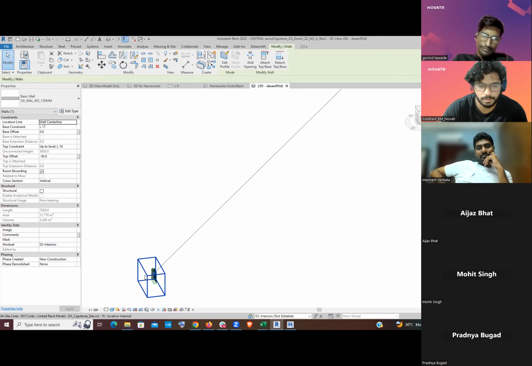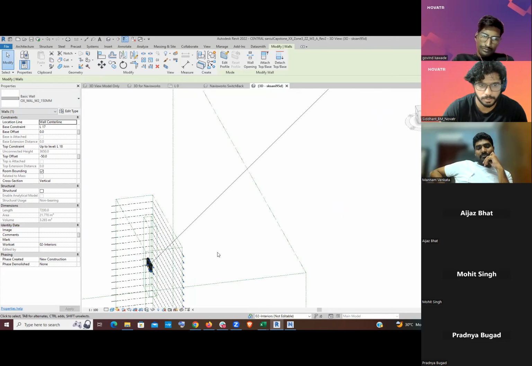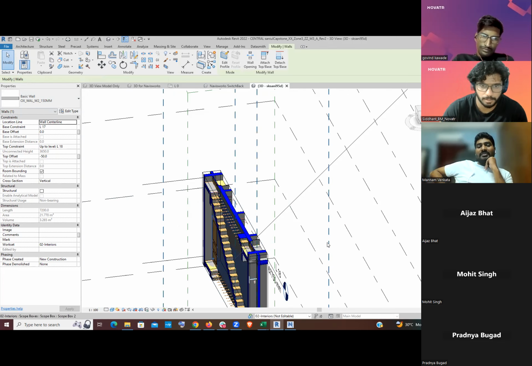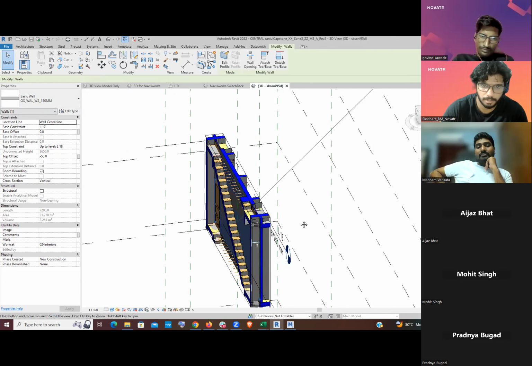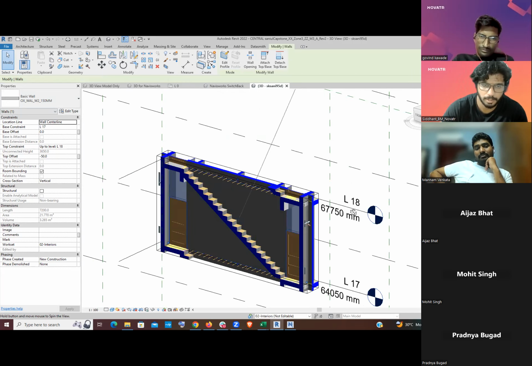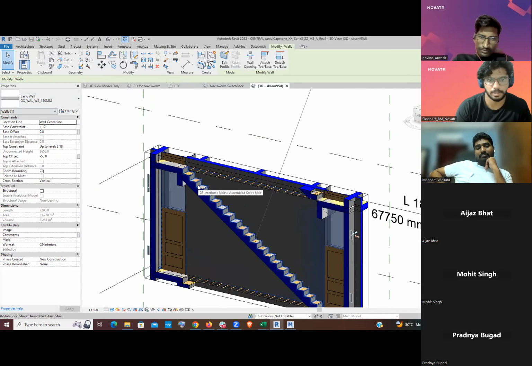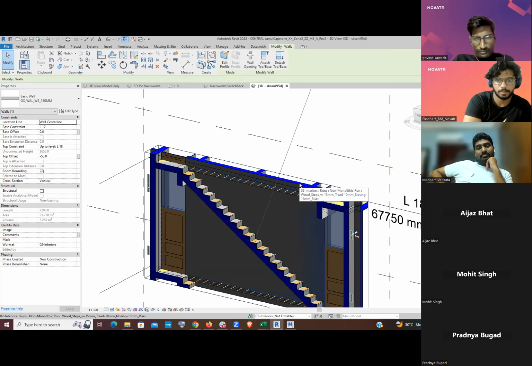Okay, zoom in. Here you can see that the wall is clashing with lots of elements. So here you need to modify that wall so that it will not clash with the elements, right? So if you just select that wall using tab,